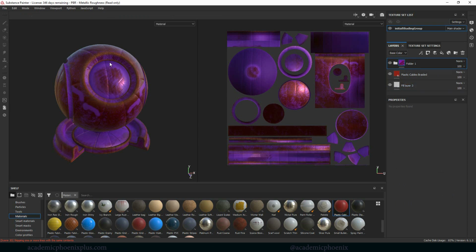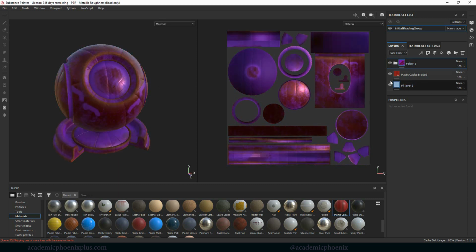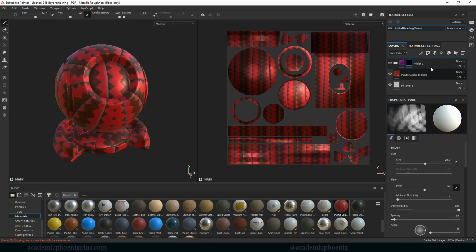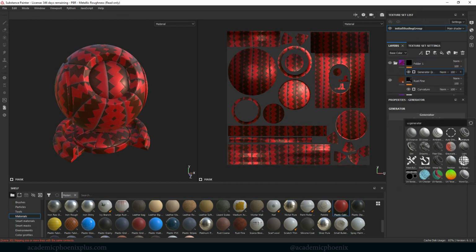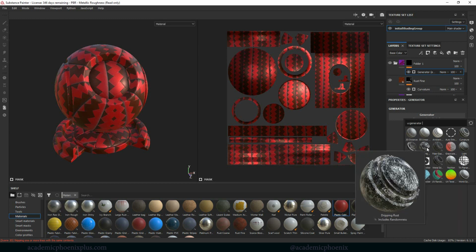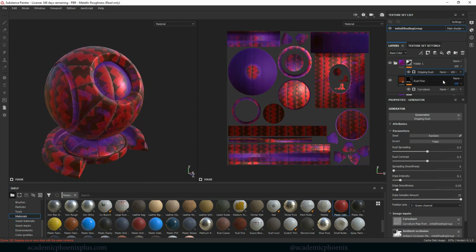Now, what if I wanted to see this new color below it? This is going to get really crazy really fast. All right, so the folder can also apply a mask to it. Right click on it, add a black mask. We can also add another generator. And let's go ahead and do, and if you hover, you'll be able to see some cool stuff, maybe this one. And you can see that by using the folder, we can actually create a mask over the folder,